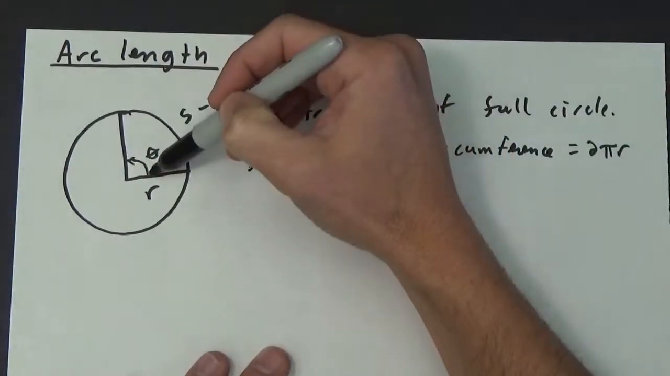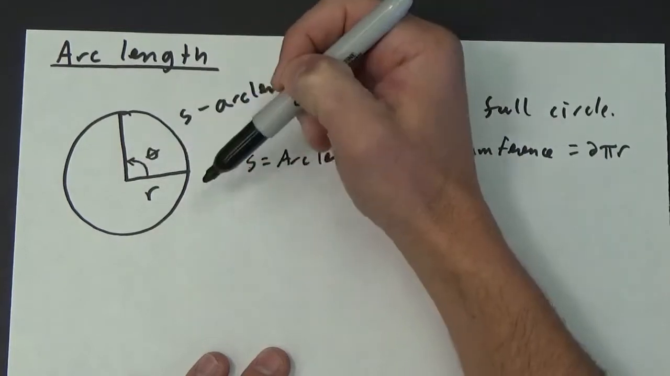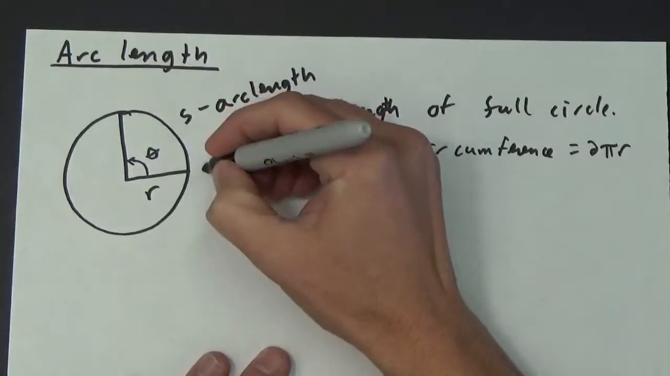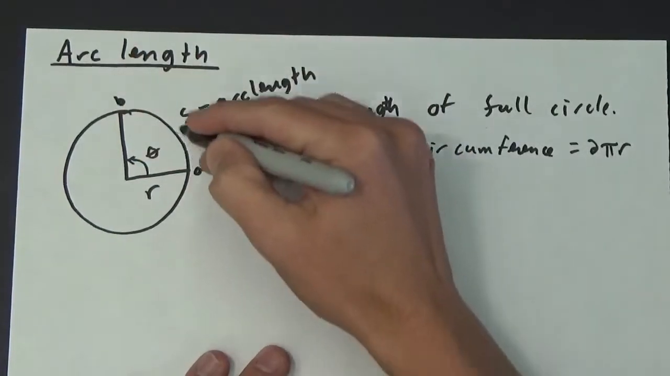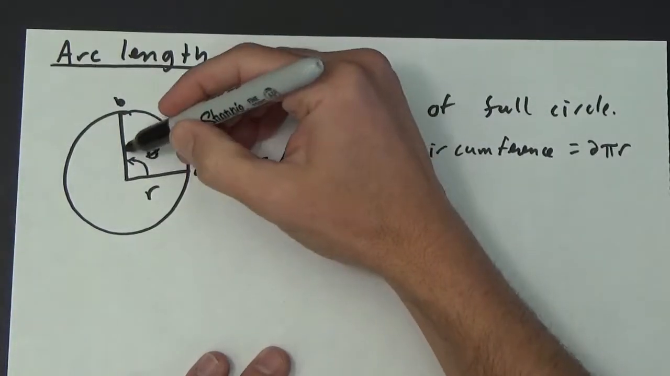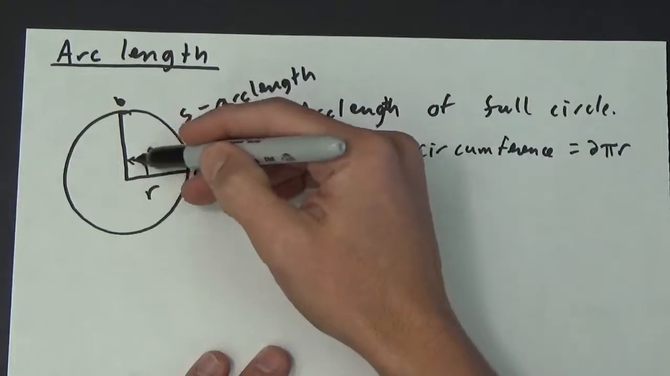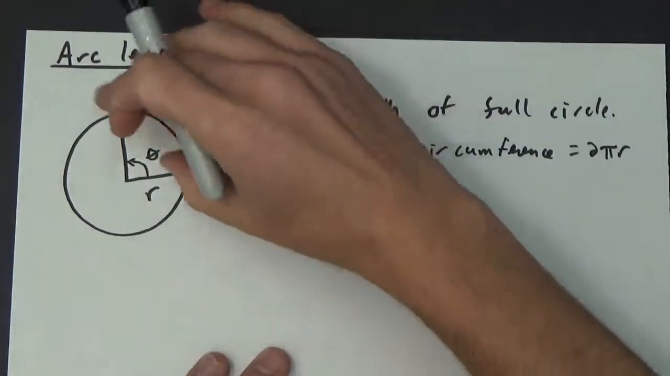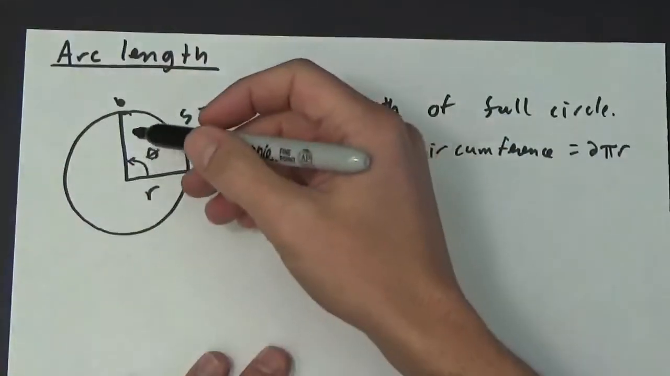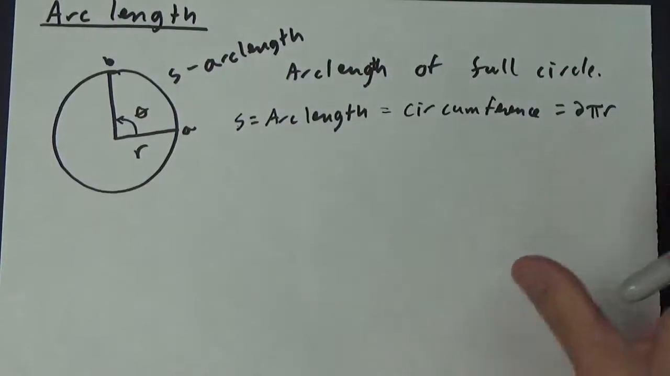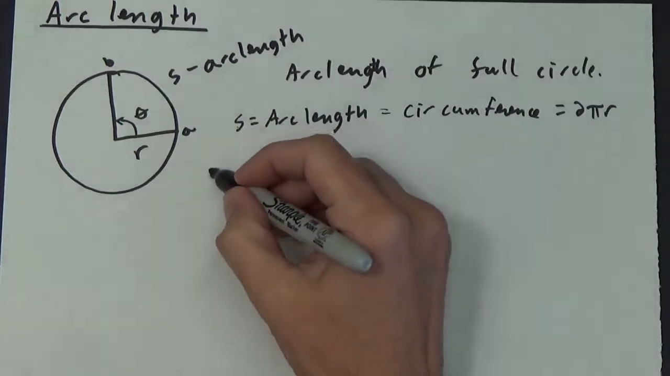But we don't have a full circle. We only have this much here. To get the arc length from this point to this point, I'm going to call this A and this B. To get the arc length from A to B, we think about the idea that we have a fraction of the circle. If this were just a quarter of the circle, it would be easy because you take 2 pi r and divide it by 4. But let's say we don't have a quarter. Let's say it's just some angle theta. Well, we're going to multiply this arc length of a full circle by some fraction